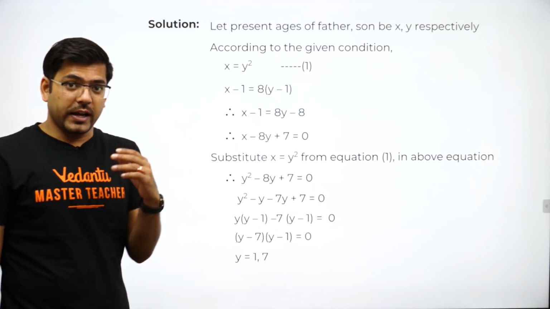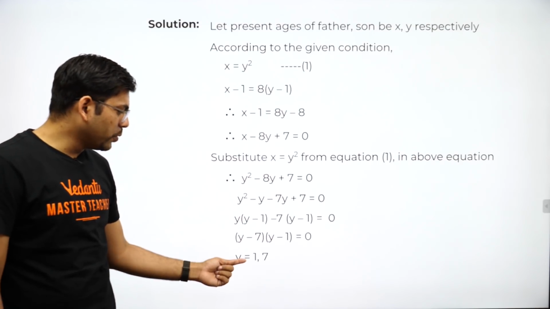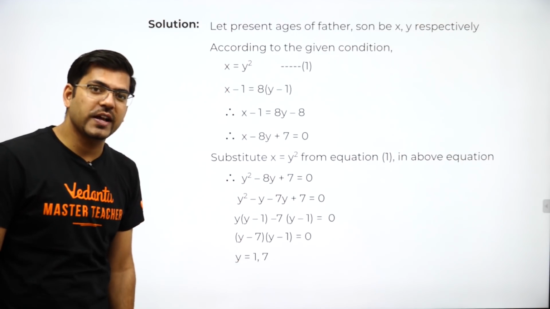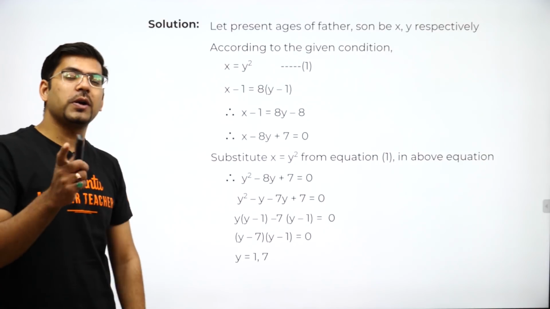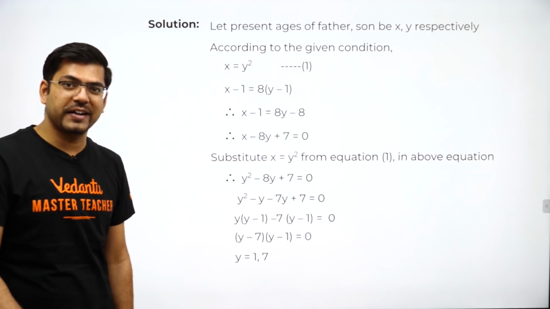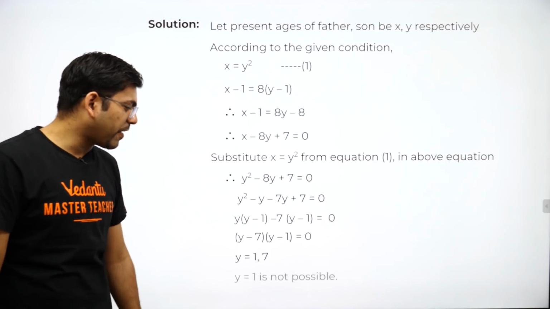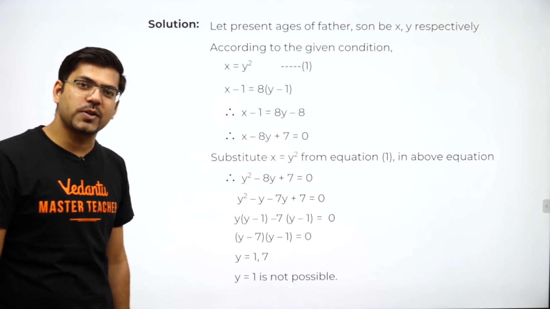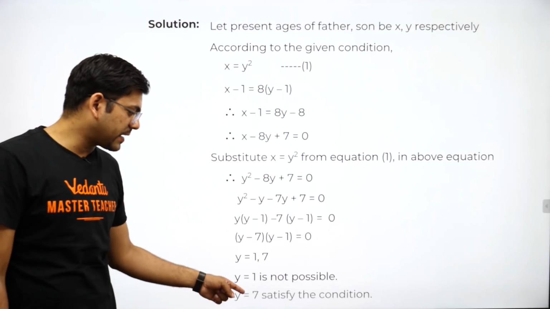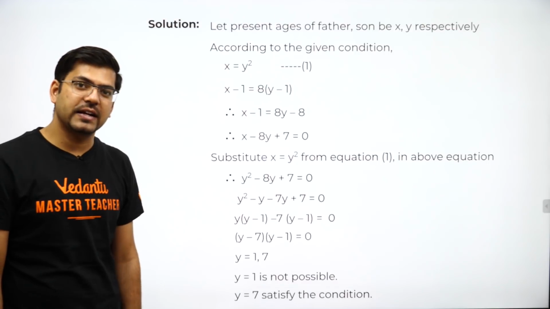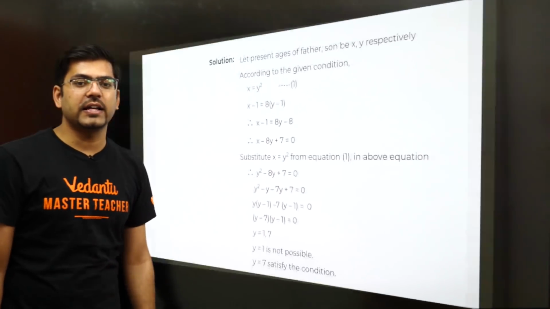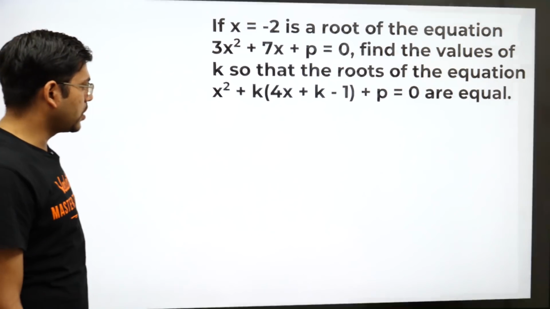Now, again applying some brain, if you take y equal to 1, you will get the value of x also as 1. It means son is 1 year old and father is also 1 year old. That does not look practically possible. So we will neglect y equal to 1, as it is not possible that the son and father have the same age. So we will take y equal to 7 as the condition, and we will put this y equal to 7 here in x, and hence x will be equal to